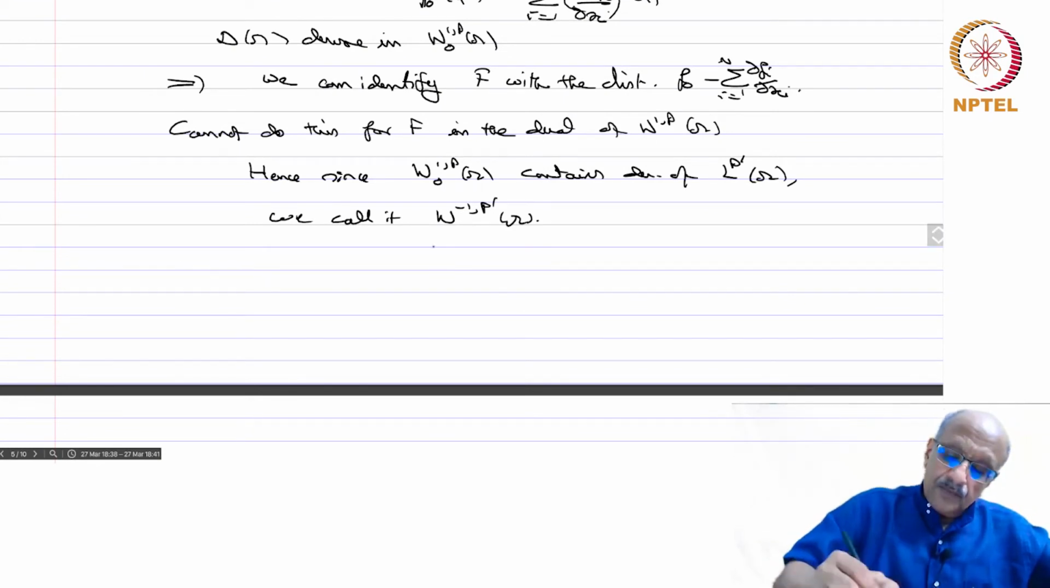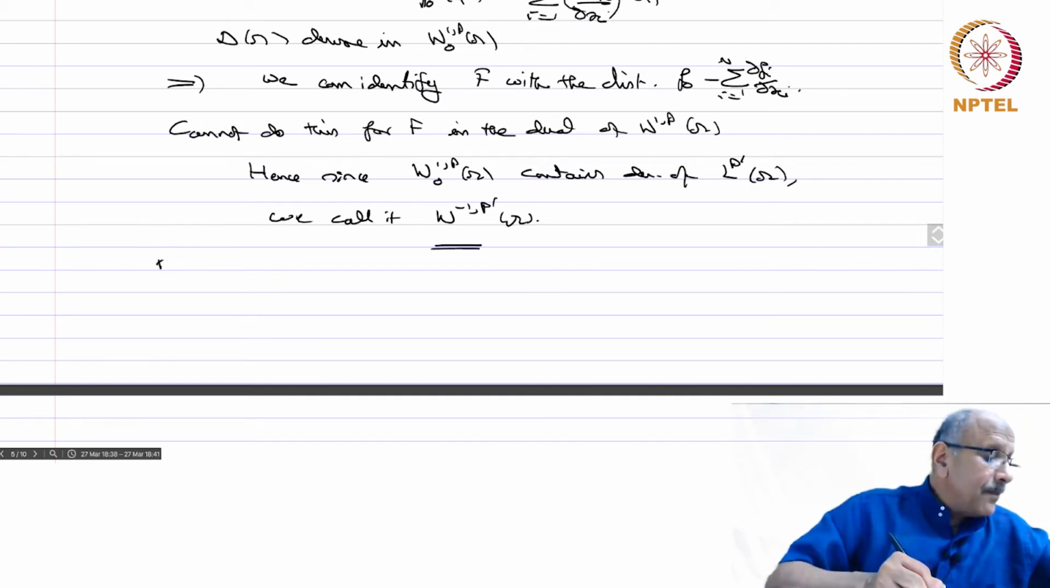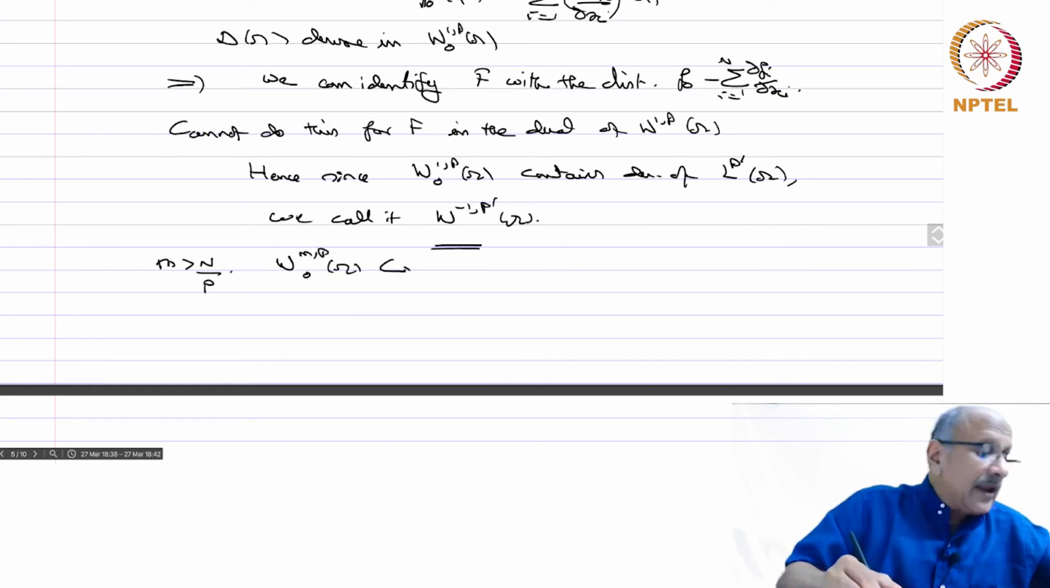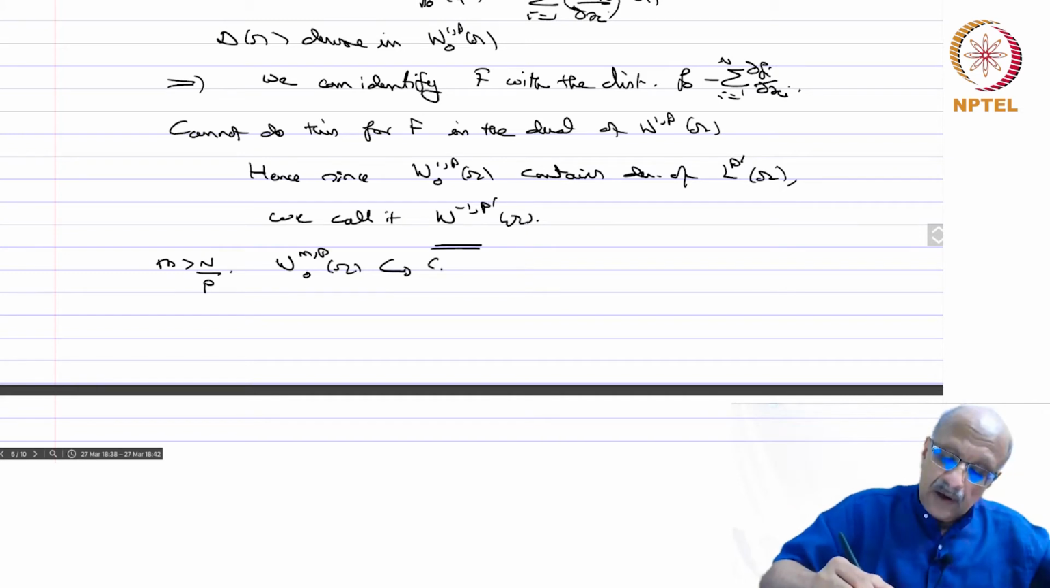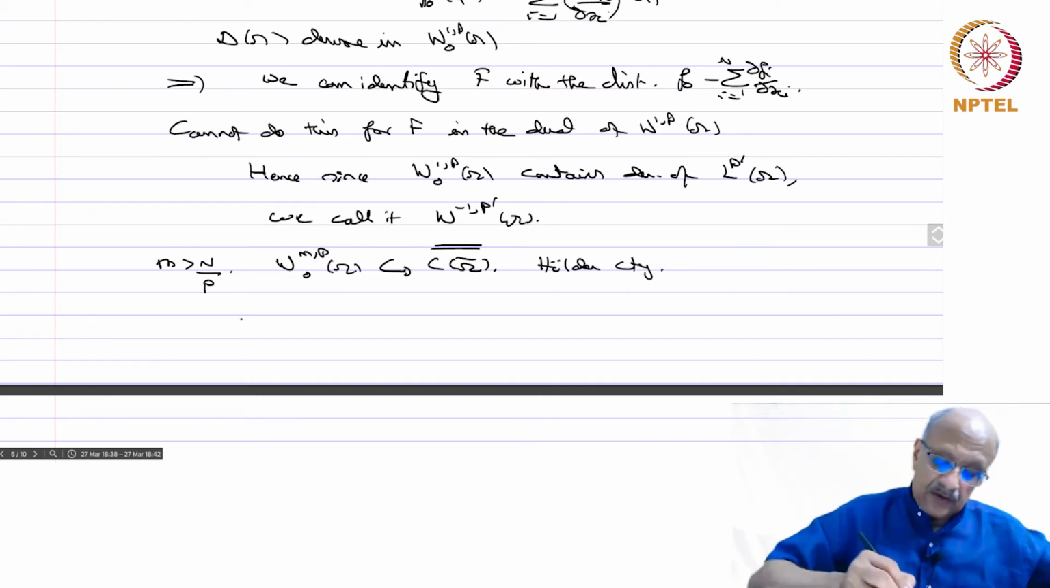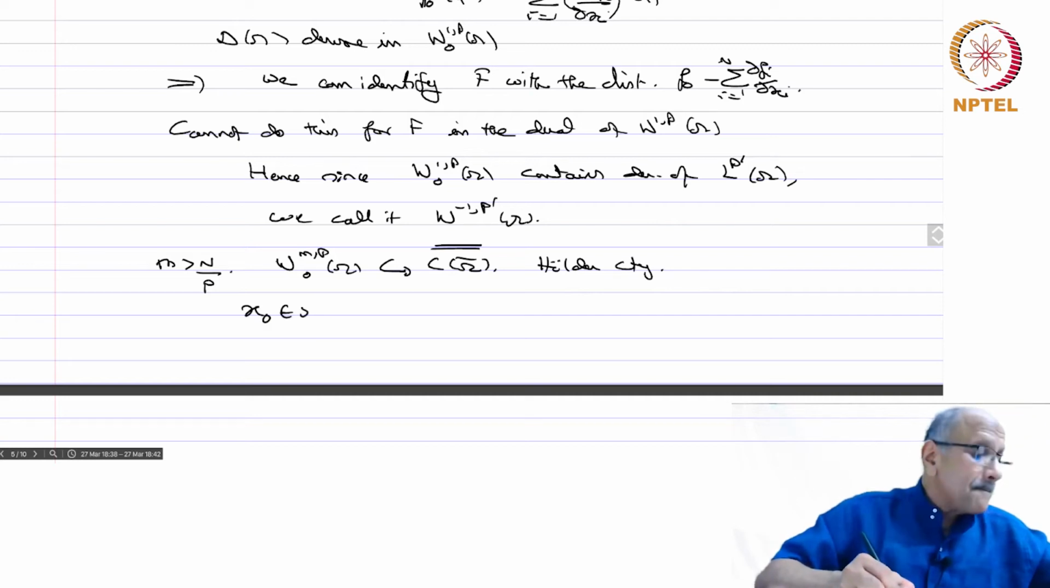So that justifies it. Now let us take m bigger than n by p. Then W^{m,p}_0(Ω) is contained in C(Ω̄), and you have Hölder continuity also there. Therefore, if x0 is in Ω and φ is in D(Ω),